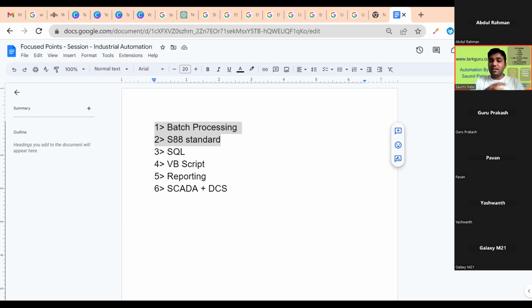I think if it is a transfer or filling that is set point based, where the material is transferred from one tank to another tank using that set point, then that process is a batch process. Why? Because you are giving some particular set point, and